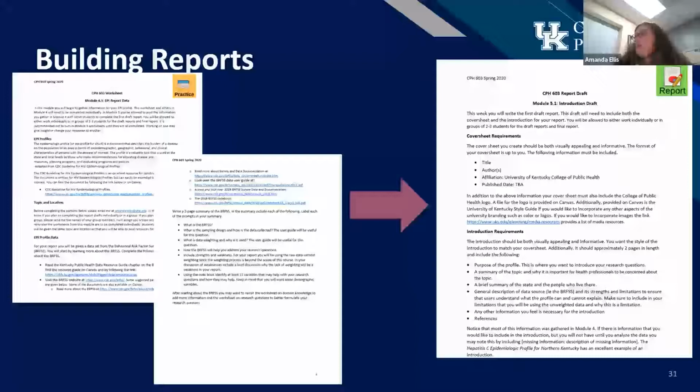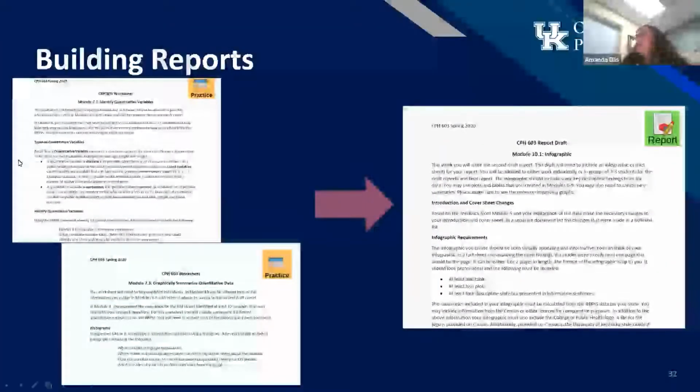The other piece of this that was really important was that I gave the students opportunities to work as groups on the reports and the drafts, but all of the worksheets had to be completed individually. So even if a group of 3 was working on one of the report drafts, they would each complete their worksheets individually. That way, when they came together, everyone had already done pre-work and everyone had something to contribute to the group. It wasn't that it couldn't happen, but it was harder to have a group where just one person did all the work, because everybody would already have some work done.